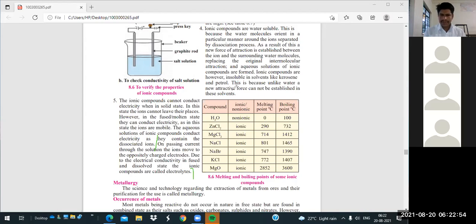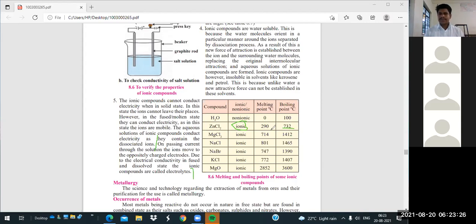We can remember H2O, water, which is non-ionic. Its melting point is 0 and its boiling point is 100 degrees Celsius. ZnCl2, zinc chloride, is ionic, with a melting point of 290 degrees Celsius and a boiling point of 732. Magnesium chloride is ionic, with a melting point of 714 and a boiling point of